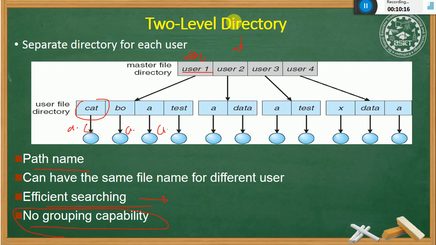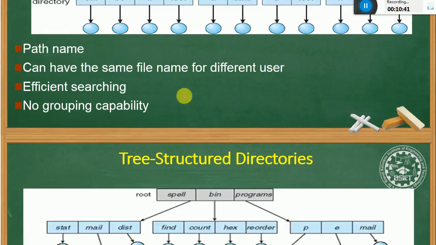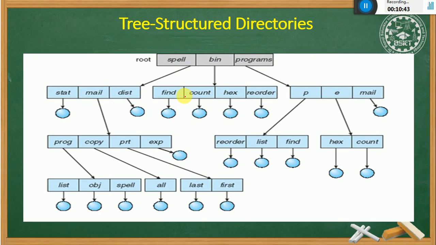So it is easy to find out the path, easy to create the same file in different subdirectories. Okay, and there is a problem of grouping. Grouping means what? We cannot gather a.c together. So that is a problem in two level directory structure, and all these problems are avoided in the tree